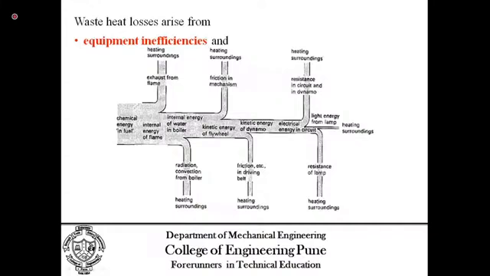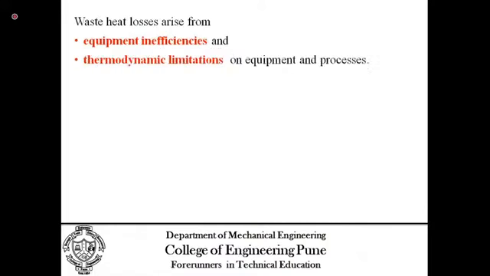And the second is thermodynamic limitation. There are some specific processes that are limited by thermodynamics. I will give an example. You must know that in all coal-fired thermal power plants, there is a restriction on the temperature of the flue gases released from the chimney. As we know, they should be released at the lowest possible temperature, which could be the ambient temperature, but it is not. All these exhaust gases are released at a temperature higher than 150 to 160 degrees Celsius.